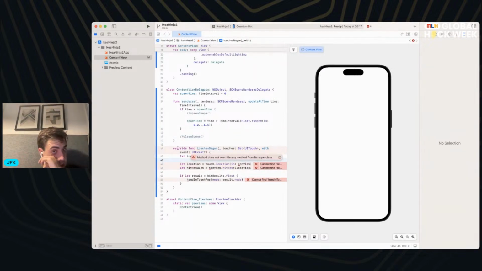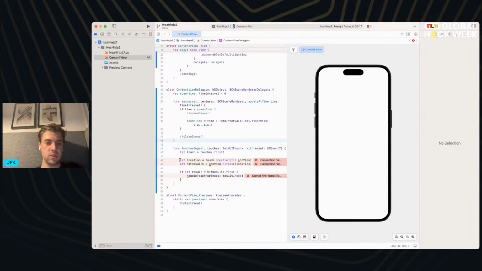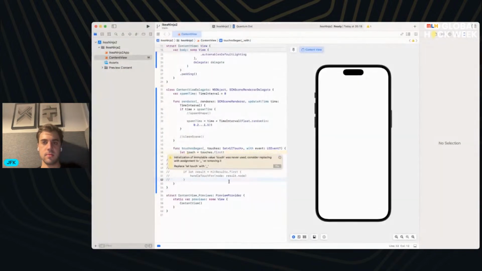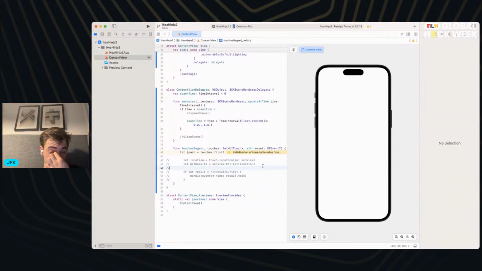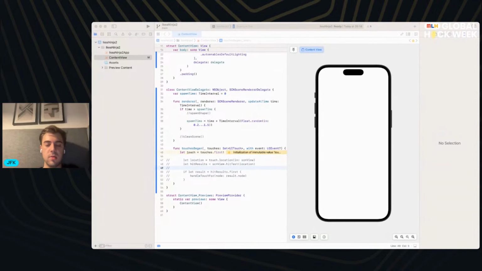Method does not override any method from its superclass. Okay. We just set that up. Cannot find scene view, which is fine because we're going to deal with that shortly. Yeah, initialize it should be mutable, which is fine. Okay, so